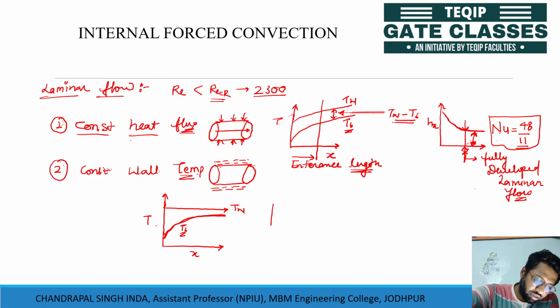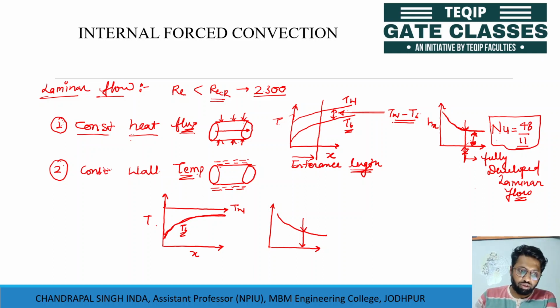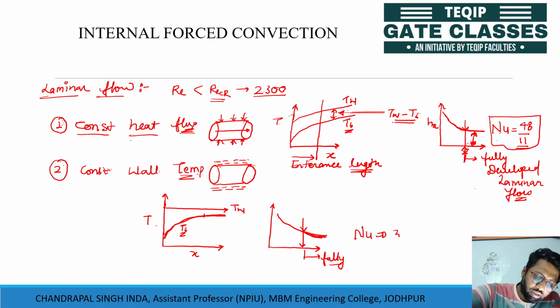Now the variation in the Hx means local convective heat transfer coefficient, or here in this case the average convective heat transfer coefficient, as the characteristic length is the diameter of the pipe. After that there is a fully developed flow, and the value of the convective heat transfer coefficient is negligibly changing, as the temperature change after that point is very negligible. So the value of Nusselt number in that case will be 3.66.